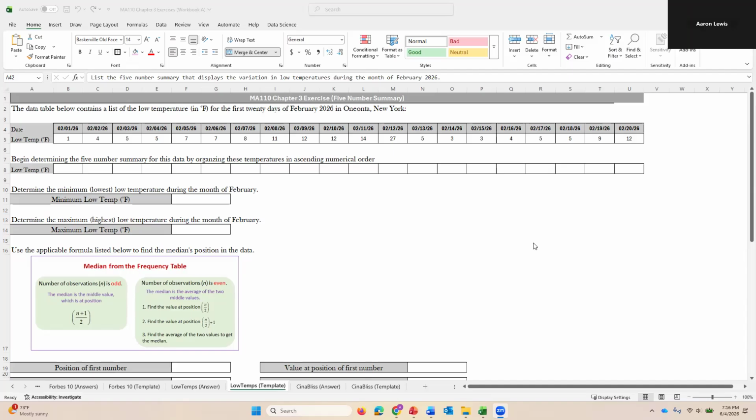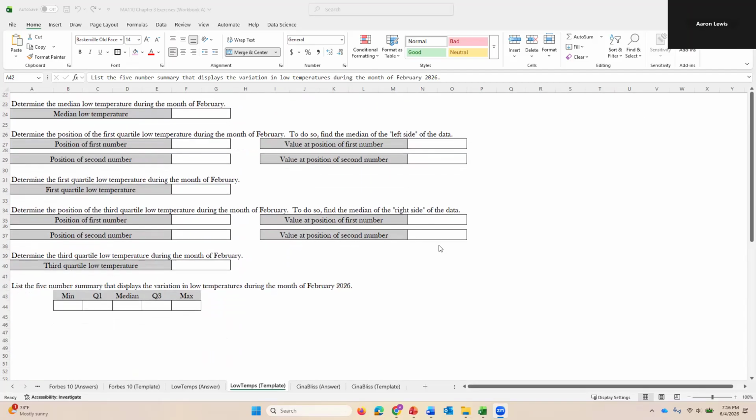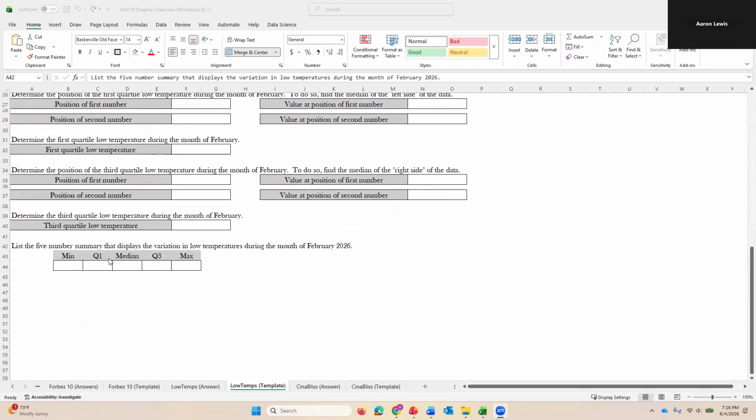In this example problem, we are going to find the five-number summary for the daily low temperature for a 20-day span during February 2026 in Oneonta, New York, where I went to college. We have in our data set the low every night from February 1st all the way up to February 20th. We're going to find that five-number summary by finding the min, the first quartile, the median, the third